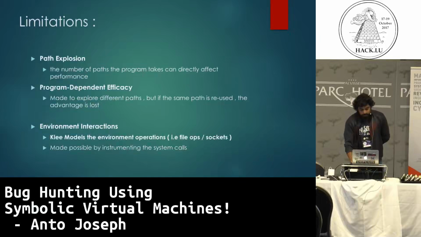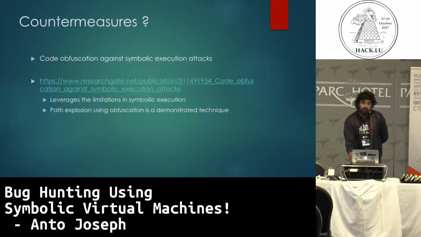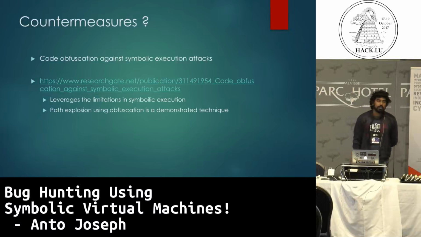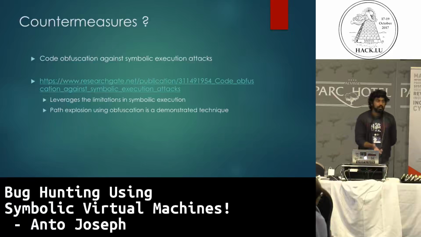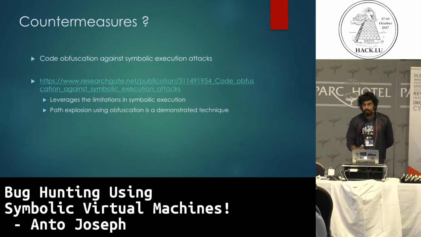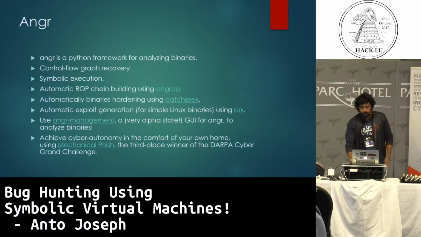Path explosion, as I discussed, is a problem, so you have to be very specific on what you need to solve. Code obfuscation: regular code obfuscation is not really considered a countermeasure because the SMT solvers can remove that code. If your code does not work on the input, it's just going to be ignored. So adding jargon to the program to make it tougher for a reverse engineer won't work against the symbolic execution engine. You need something that works on the actual input and does something meaningful, and only then will that sort of obfuscation be of any use.